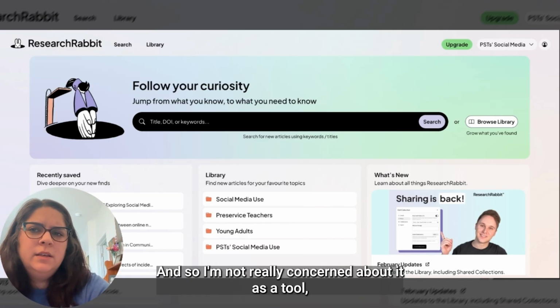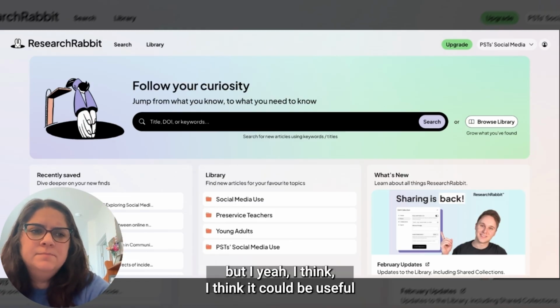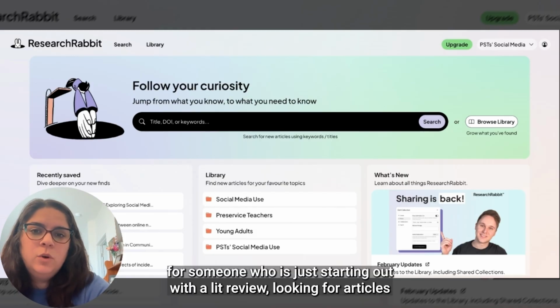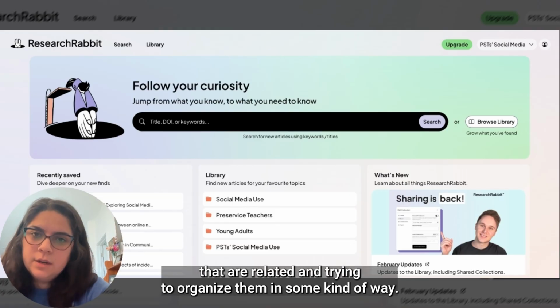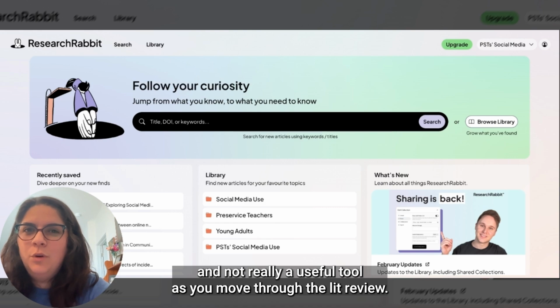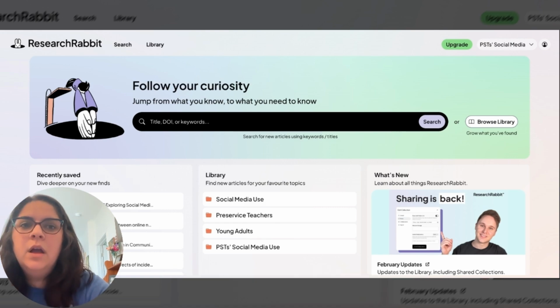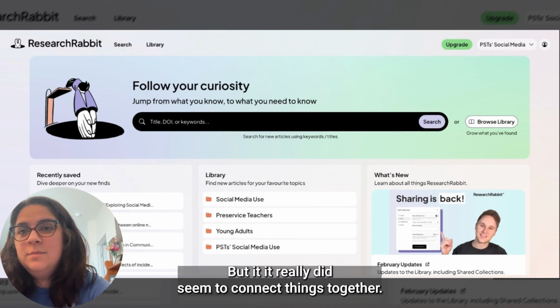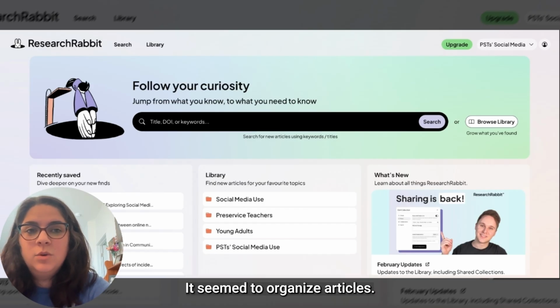So I'm not really concerned about it as a tool, but I think it could be useful for someone who is just starting out with a lit review, looking for articles that are related and trying to organize them in some kind of way. I just think that it would be that first step of the process and not really a useful tool as you move through the lit review. But it really did seem to connect things together. It seemed to organize articles. It allowed me to see how